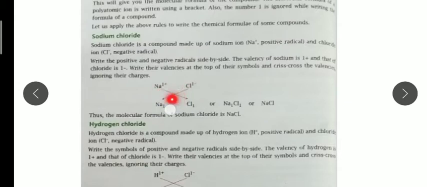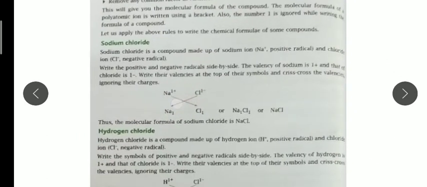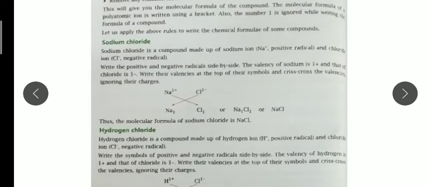So both have one positive and one negative charge. So when it will crisscross, what will happen? It will cancel out. You know, in maths also the same digits cancel out. The same way, if the charges are the same, for example 1 and 1, or 2 and 2, or 3 and 3, then we will cancel them out. Okay, so after crisscrossing, what will we do? We will cancel it. Children, I am just explaining with the example given in your book, but in the Zoom class also I will explain this crisscross method.